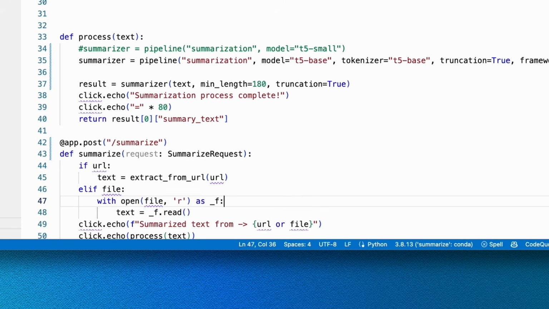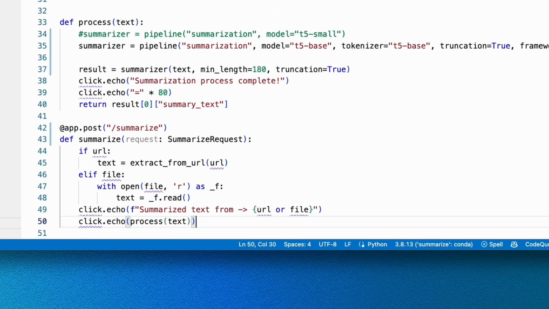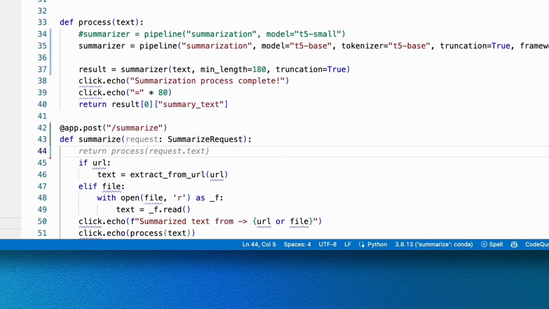Now, the body of the function is incorrect, and I need to make sure that I'm using request over here to parse what I'm going to be working with. So if you remember the key for SummarizeRequest, the class that we created before, text is the actual key that we want. So we want to process the text from that.